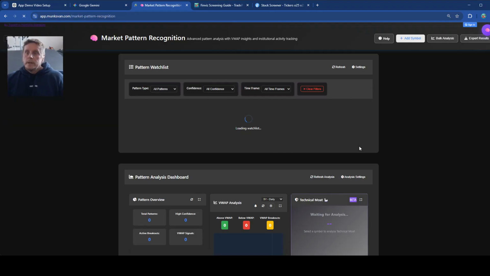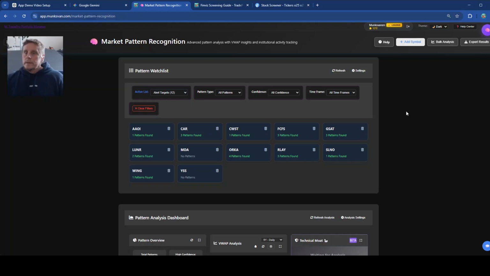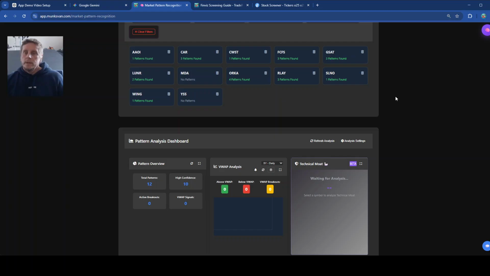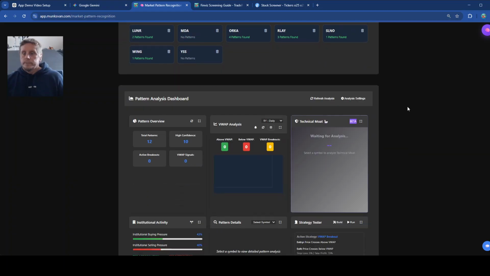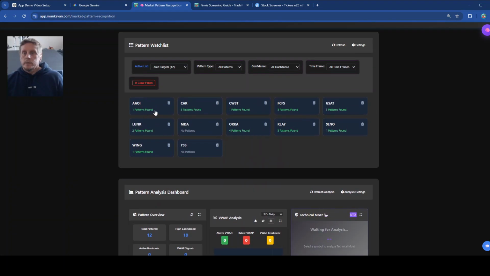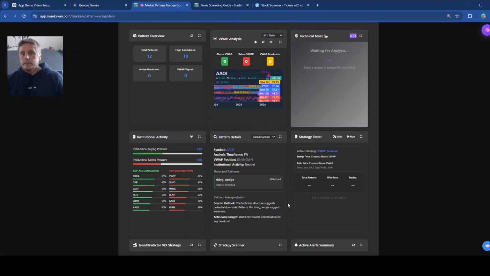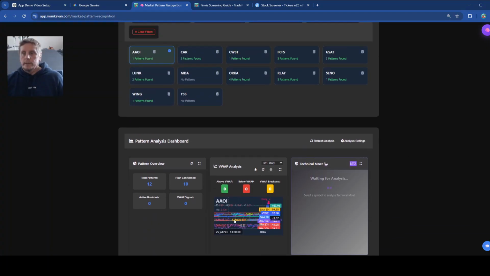Let's see here. Anyway, so it's market pattern recognition, so it finds patterns, and also it's strategy tester application. So I can show you a little bit. So it can find patterns. You see, it can find, and then if I click on one, that's one pattern found, and it's gonna tell you what kind of pattern, and also so when I clicked, it appeared here in